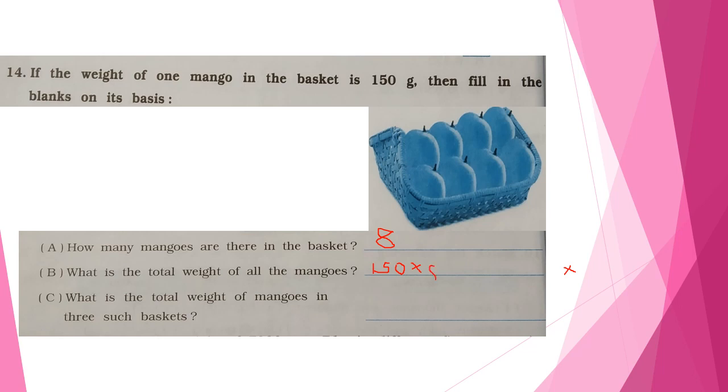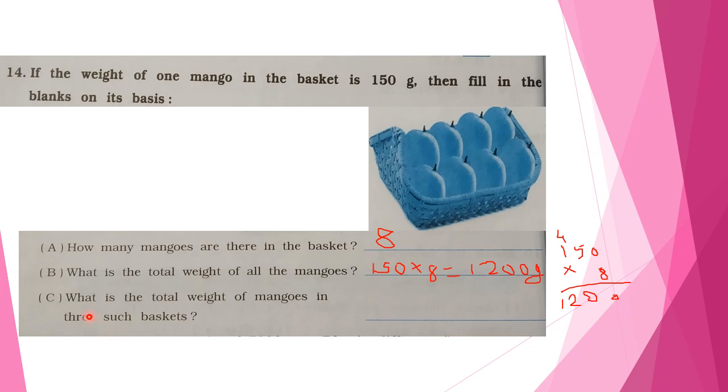It is equal to, just multiply first. 8 zeros are 0. Now, 8 fives are 40. 4 is carrying, 8 ones are 8, 8 plus 4, that is 12. Okay, and it is given in gram, so write here 1200 gram. Or you can multiply here as usual, your column method, 150 multiplied by 8. 0, 8 fives are 40, and 4 is carrying, 8 ones are 8, 8 plus 4, that is 12. So 1200 gram. It's clear?